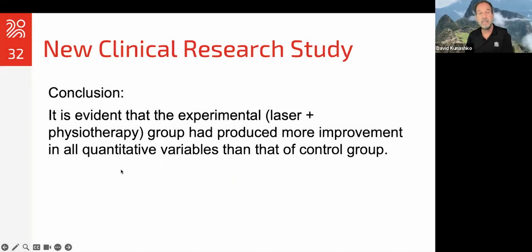So they concluded that the experimental group, which is laser and PT, had produced more improvement in all quantitative variables than that of the control group. So I'm always saying, look, don't just do laser therapy, do the other things you're going to do, but it synergistically helps